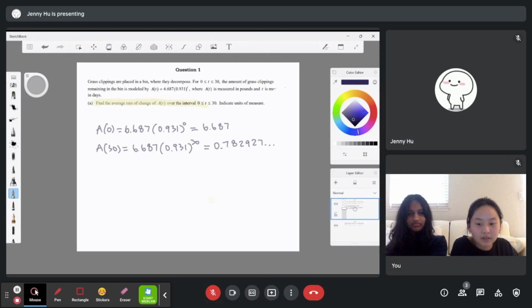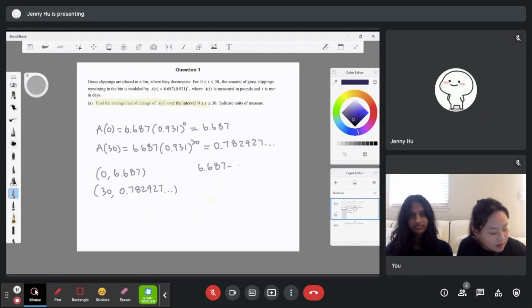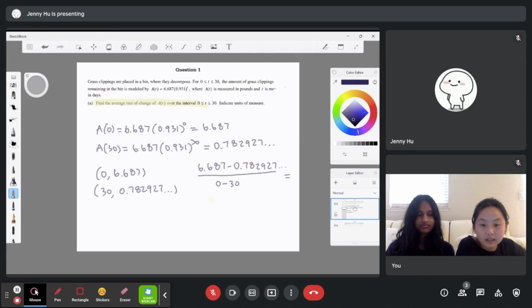Now that we have 2 point values, which would be 0, 6.687 and 30, 0.782927, we could just find the slope using the change in y over change in x equation. We'll plug these numbers in, so it should be 6.687 minus 0.782927 all over 0 minus 30, and we should get negative